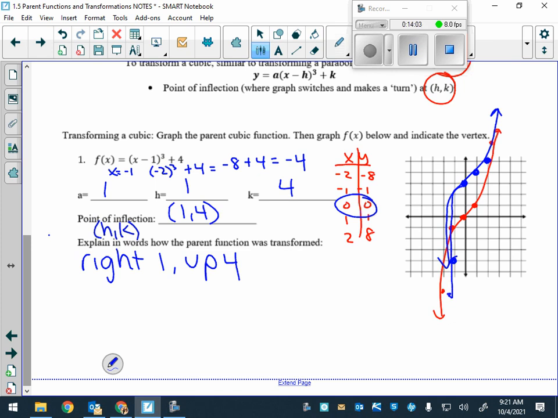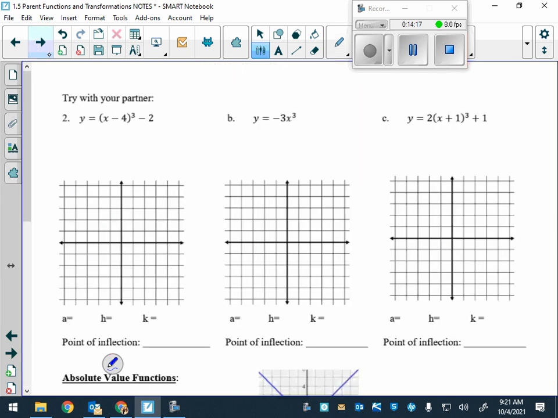Okay? All right. So, again, doesn't matter what graph you have, the shape might change in terms of the parent function, but the transformations are still the same. So let's look at, we're going to do 2 together, and then we'll go from there. Okay, for 2,